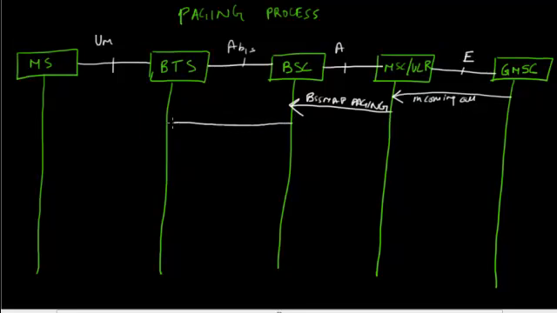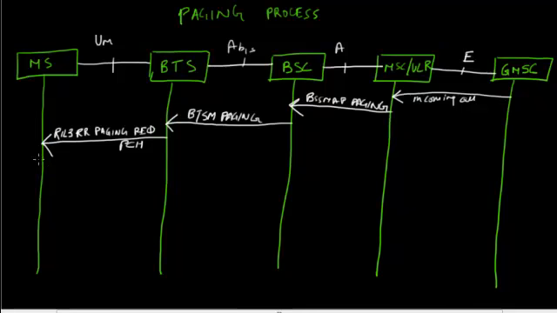Now the BSC sends a base transceiver station management message, a paging command. Just to review, this BSSMAP paging message contains the IMSI or TMSI of the mobile and the cell identifier list. This BTSM message the BSC sends to the BTS contains the channel number on the interface and also the IMSI or TMSI of the mobile. Once the BTS receives that message, it sends a paging request message on the paging channel, an RIL3-RR paging request message,